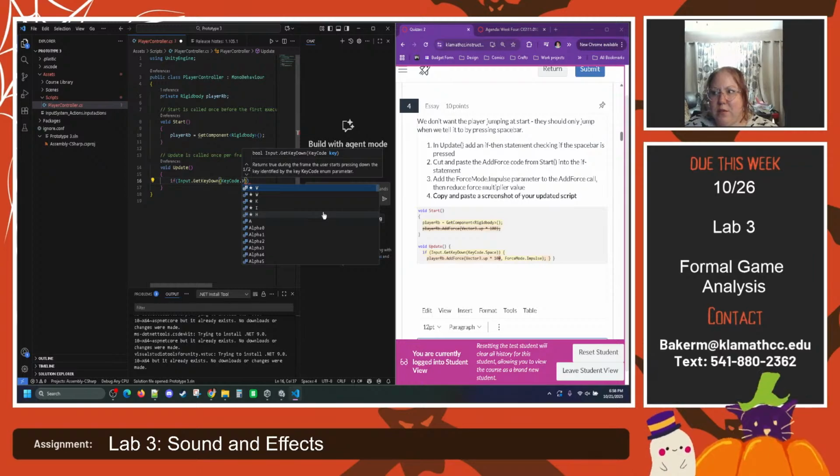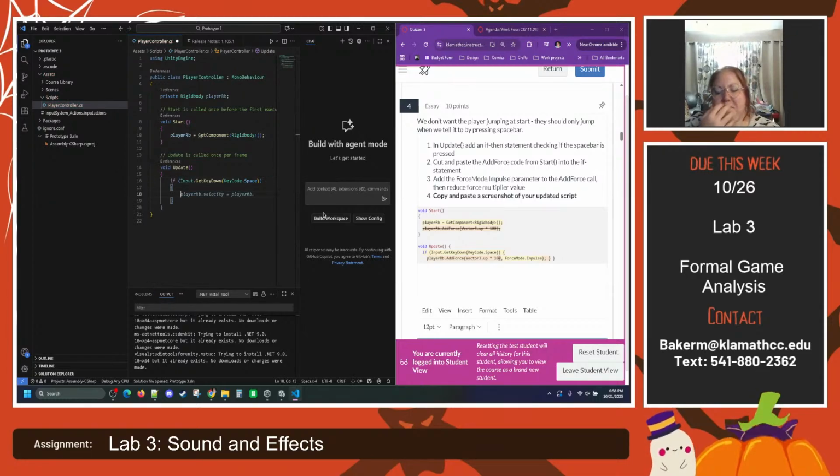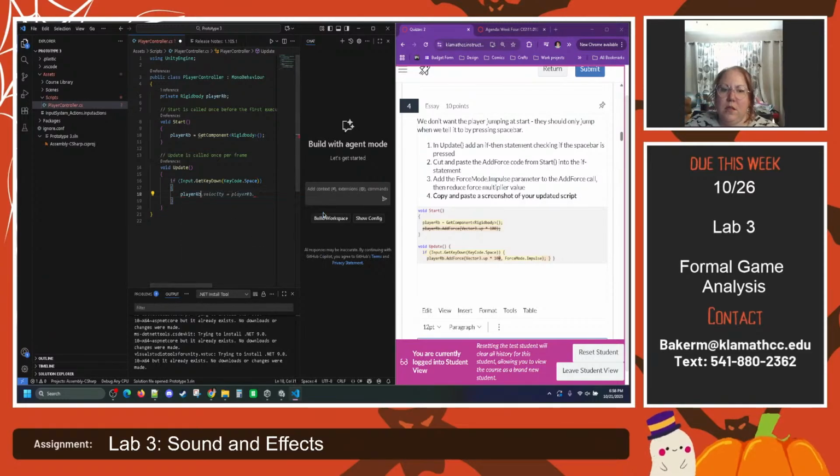Okay, it seems like everything's still working. Cool. Key code space. Space usually means up, right? You're used to pressing space for up. So we are going to do a player RB dot add force, which is adding a force of some kind, up, down, left, right, whatever,